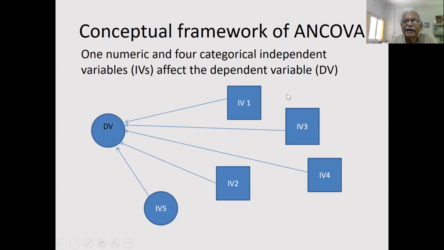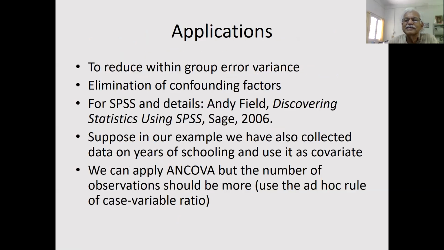The conceptual framework of ANCOVA is like this: DV is the dependent variable, and there are a number of independent variables, IV1, IV2, IV3, IV4, IV5. If any one of them is numeric, or two of them are numeric, then we can go for analysis of covariance. Applications are to reduce within group error variance,